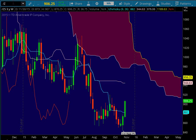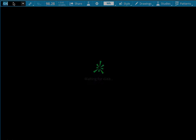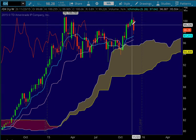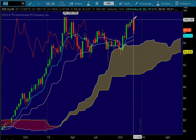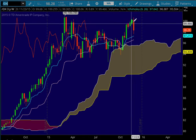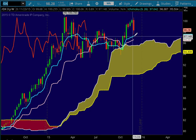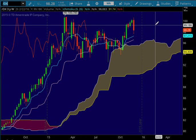Let's look at the dollar. How about? Oh, I forgot gold and silver. I'll get to those next. The dollar had a bearish reversal off this bull flag, came down, but we're still above the Tenkan-sen. So we could come down and test the Tenkan-sen at 97.21 and find support. So we'll see if that's what's going on with the